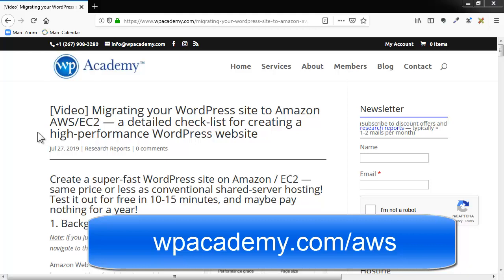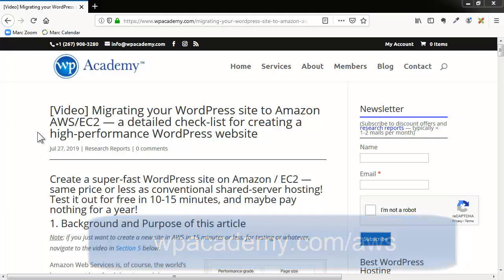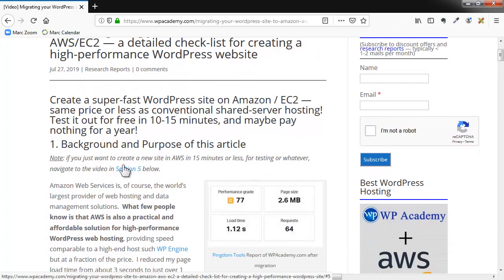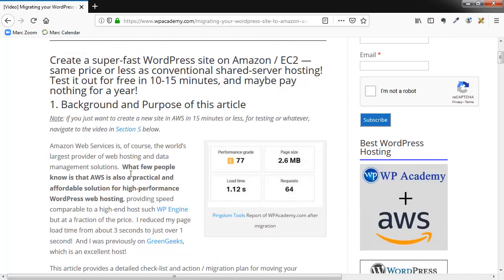And you can get that article at my site, wpacademy.com/AWS. I mean, it's a complex topic. However, what I'm about to show you, you can do in five or 10 minutes and it will cost you little or nothing. In fact, this is probably the fastest way to get started with WordPress if you just want to do a testing site or a staging site, because you don't have to puzzle through all the various hosting